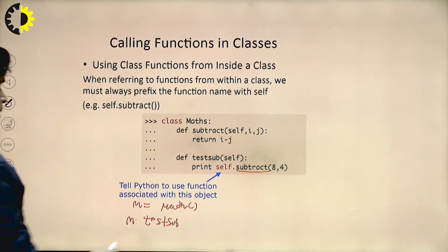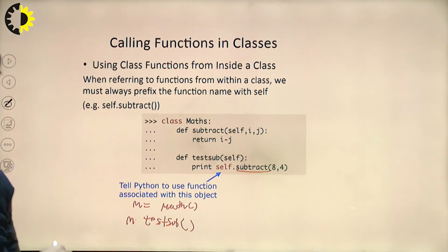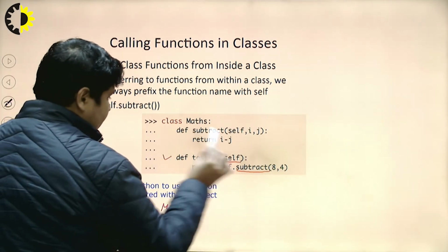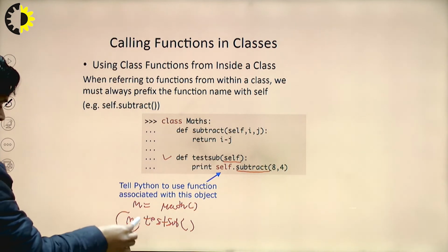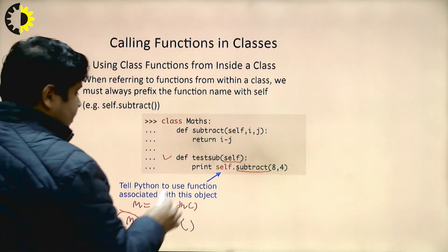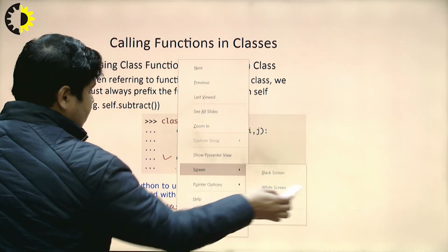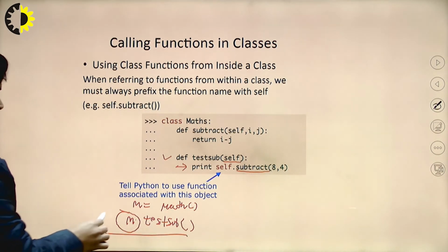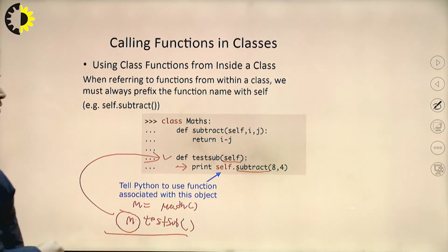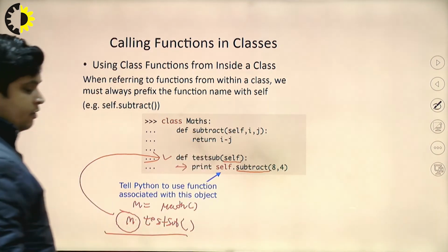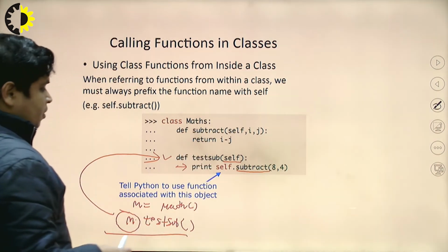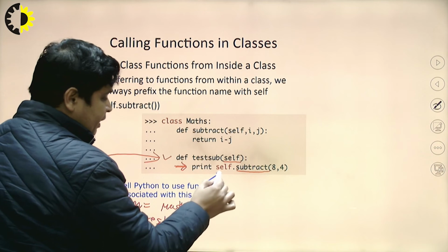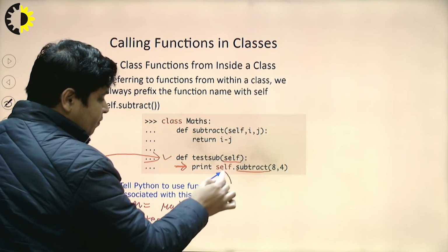Now I am calling this function. The self contains the address of which object? The M object. Similarly, when this body execution starts and this line executes, control immediately calls this function and the body of this function is executed. The first statement of this test sub function is print self dot subtract. At that time, self contains the address of